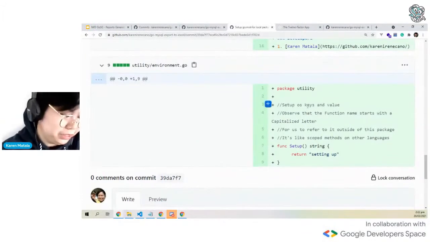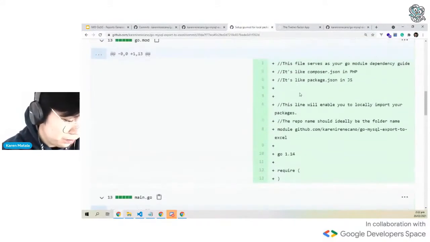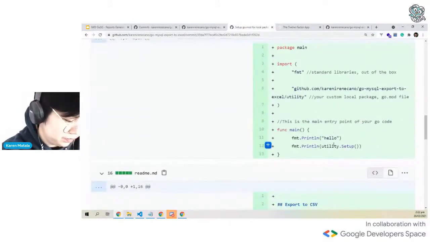So that's the first commit. I was just simply, again, going back to the main.go. I was printing text and then just trying out things. So on the next commit,